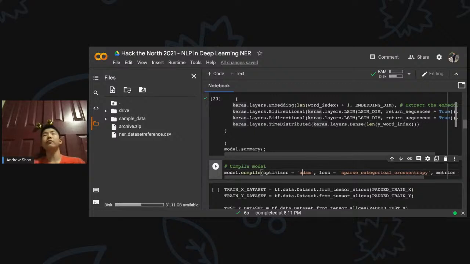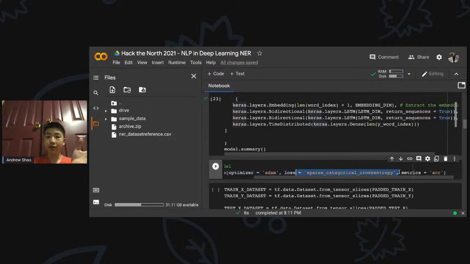And Adam's just the classic one that we always use. So if you're worried about which optimizer to use, Adam's pretty much the safe bet. But obviously there might be a bit better if you're tuning in a bit more. But just as a safe bet, just start with Adam. And then we're going to be using as our loss function, it's called categorical cross entropy, which basically just means